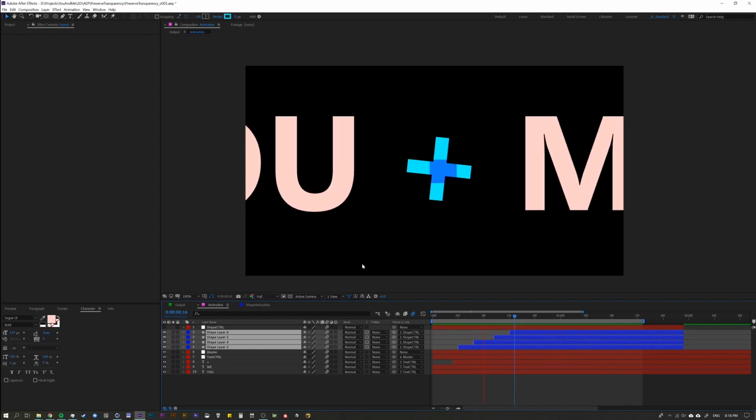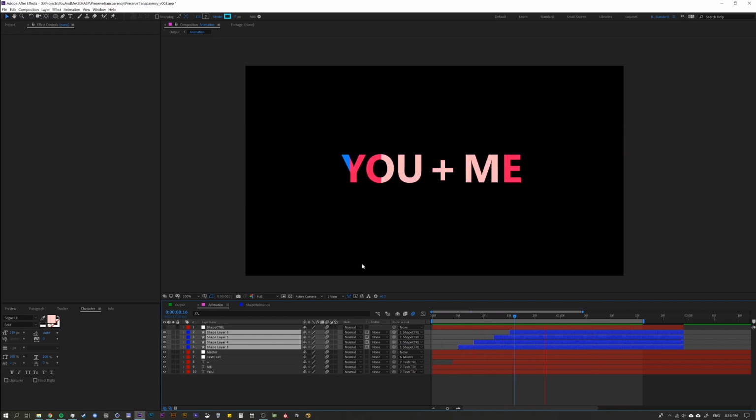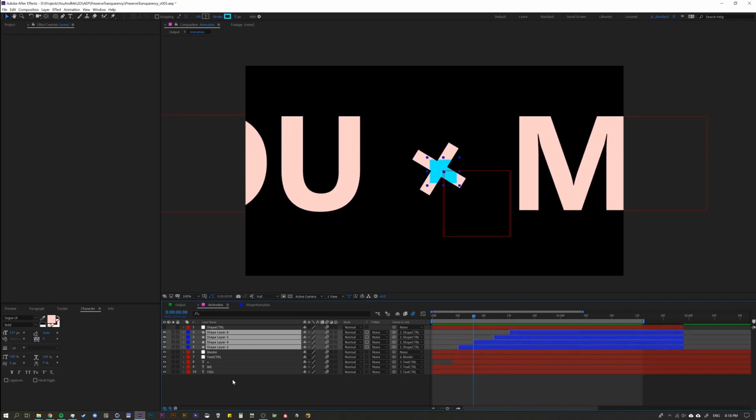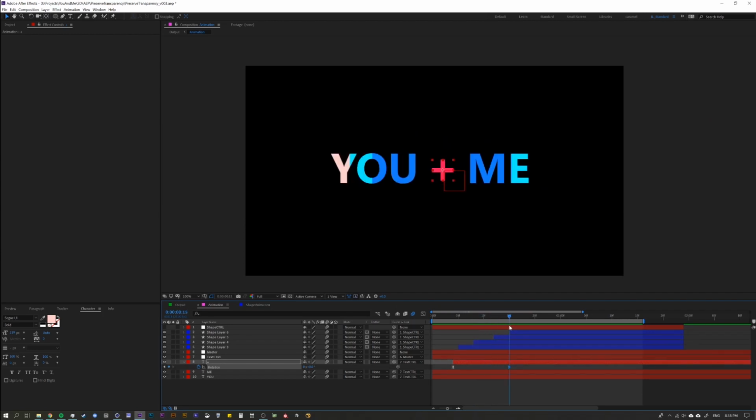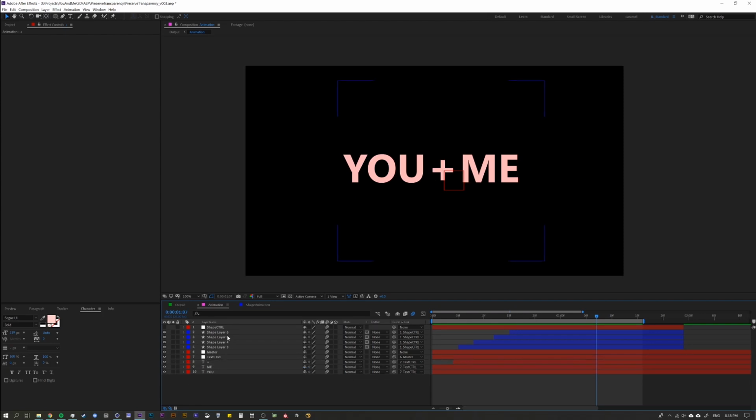So now we have flexibility. I have this animation, and if I feel like, oh, this isn't right, I want this plus to rotate sooner or later because this square is coming in at the wrong time, whatever, I can do that, and I don't have to step back into a pre-comp. So that's awesome. So where this can get you in a little bit of trouble, though, is